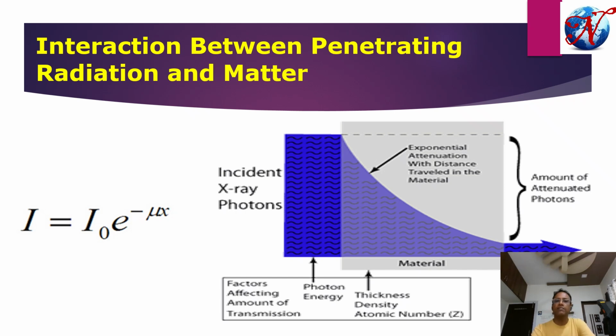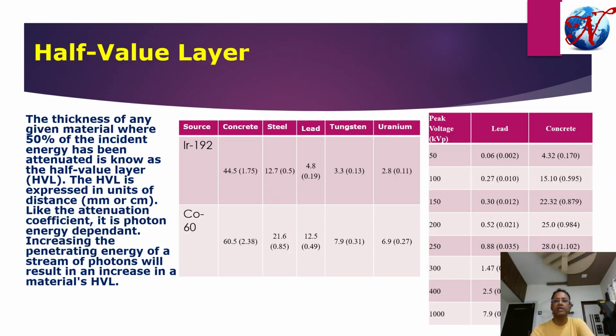that we normally use to identify the transmission ratio of the radiation when it passes through a material of thickness x, which has the attenuation value of mu. Mu means the attenuation. This is known as the linear attenuation coefficient value, and it is nothing but the energy loss per centimeter. When the radiation is passing through the material, due to the attenuation, its intensity and energy will be reduced,